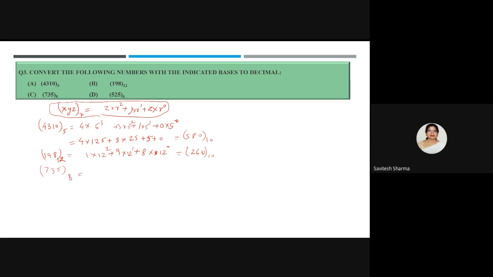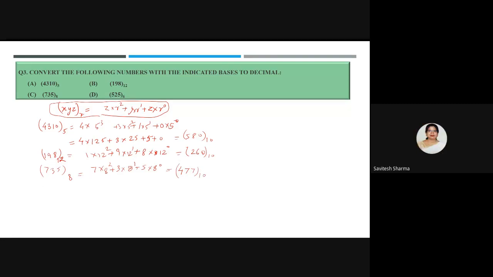So again you will write starting from the unit side, then it will be better. The chances of mistakes will be less. You have to follow this approach so that under pressure you make fewer mistakes. So what will be the answer for this part C? Tell me the answer. Anyone? 477, ma'am. 477. Right. Good. Very good. Correct.